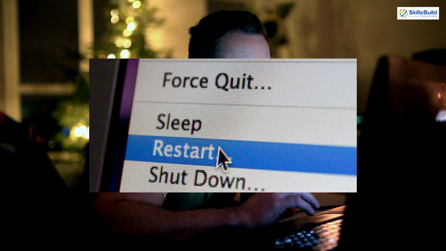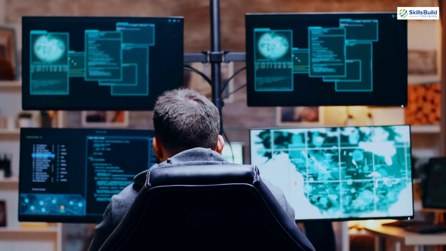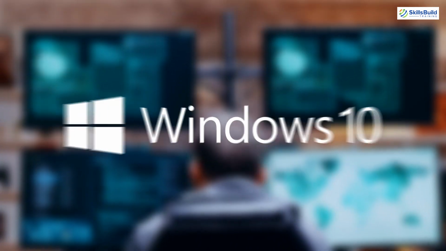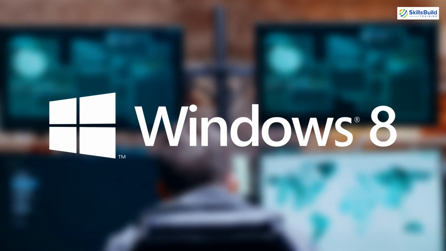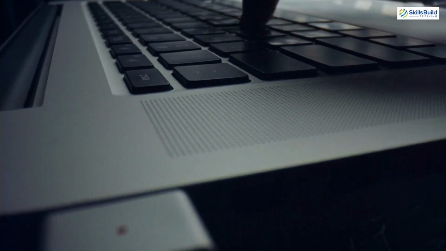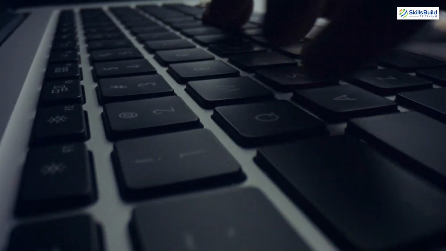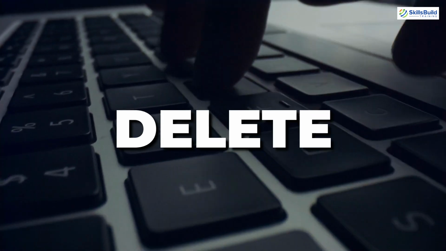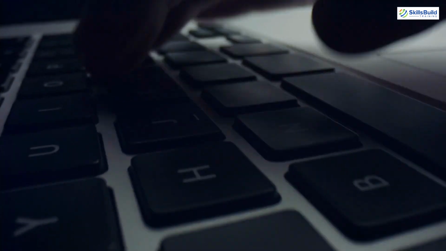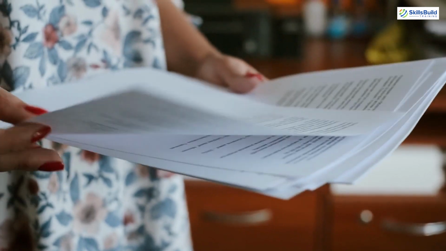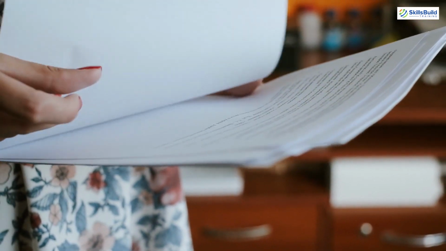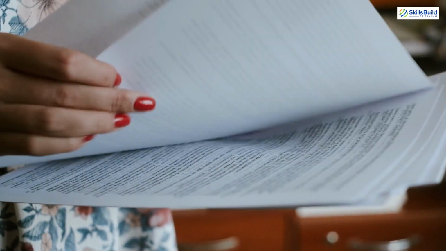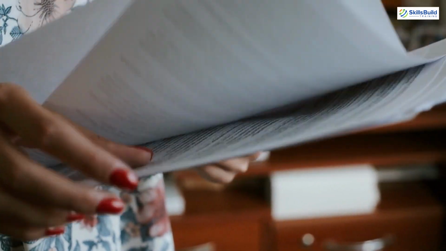To check for this, restart your PC into its UEFI or BIOS settings screen. The exact process is different on every PC. Some modern PCs require you to go through the Windows 10 or 8 Advanced Startup Options menu, while others still require you to press a specific key like Delete, F12 or Escape during the boot up process. Check your computer's documentation for more information, or check your motherboard's documentation if you built your own PC.